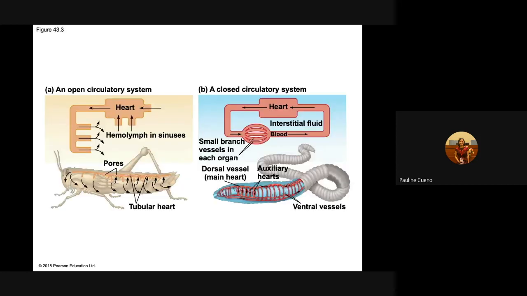So ano ba yung difference between the two? So yung open circulatory system, as you can see, open naman talaga siya. Hindi siya kagaya ng closed circulatory system na merong continuum yung mga vessels. So dito, meron lang portion na mag-enter yan sa heart, tapos distributed na throughout the body. Ito yung hemolymph. While sa closed circulatory system, meron tayong mga network of vessels wherein the blood will flow through,